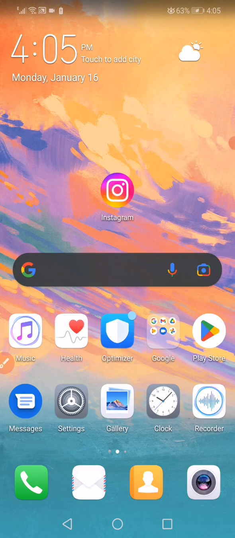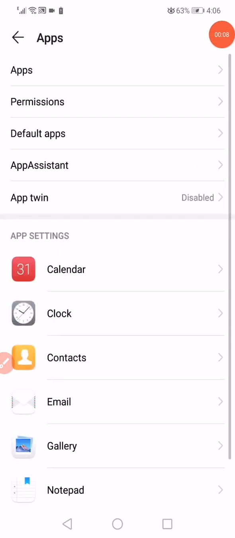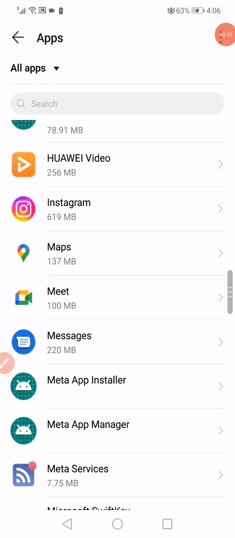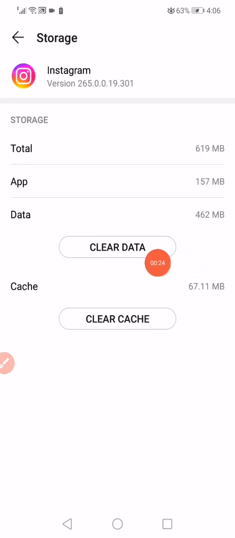Hello guys, so first thing you want to do is open the settings, go to the apps manager, go to Instagram, and now you have to click on this force stop option to stop the app from running in the background of your phone. And after that you have to go down, click on this storage right here,